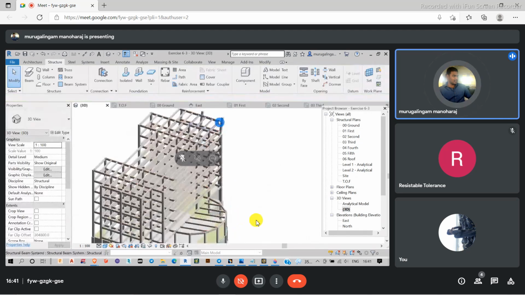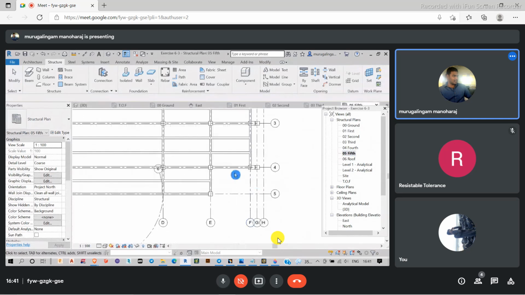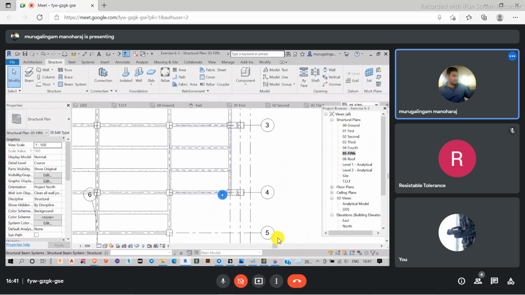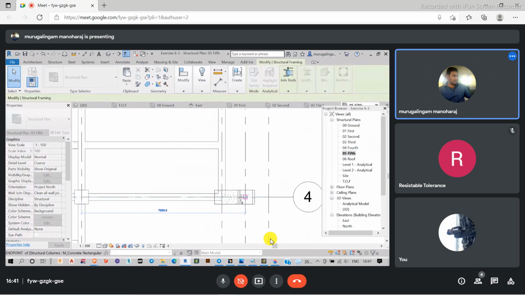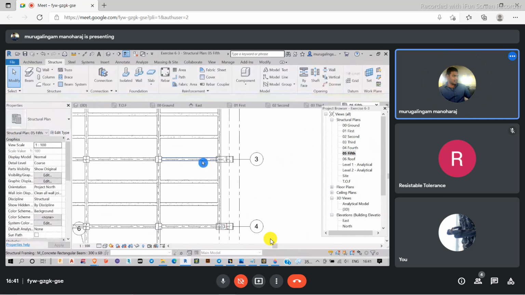So this is a circle model. We just have to adjust here alone. I have to select and change everything here. It should come up to this point because of the slanted columns we have created.